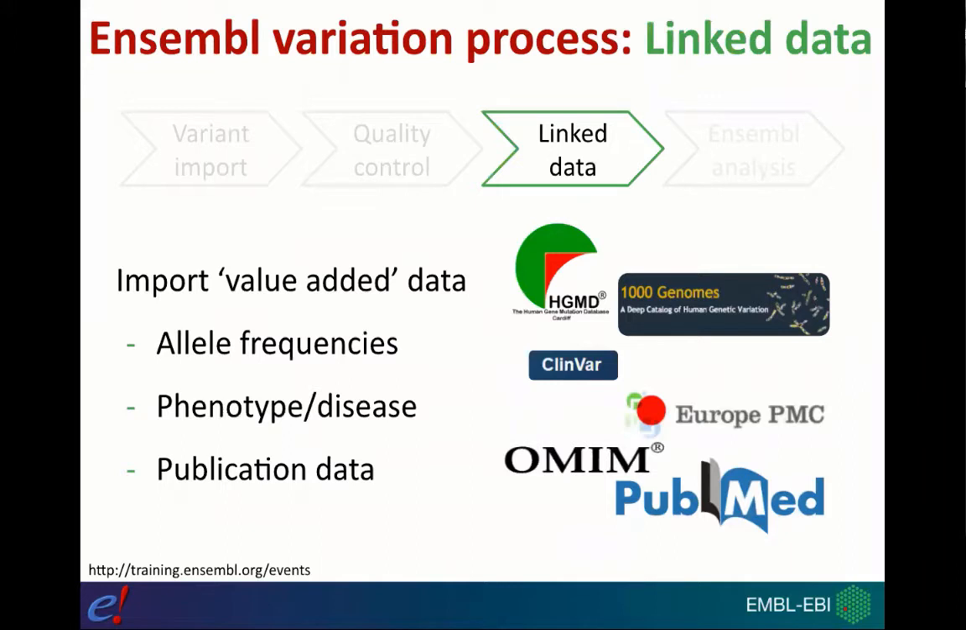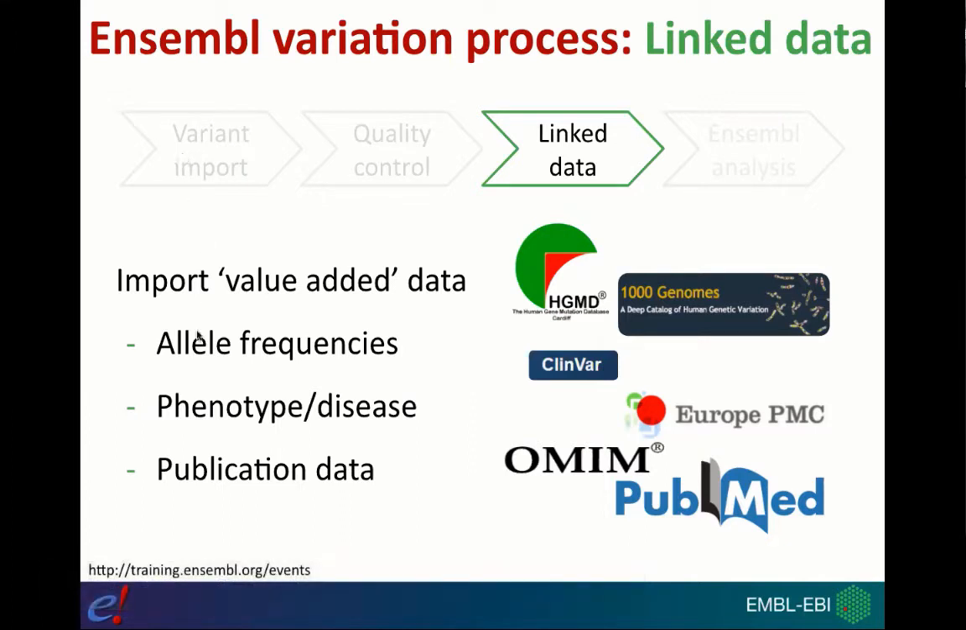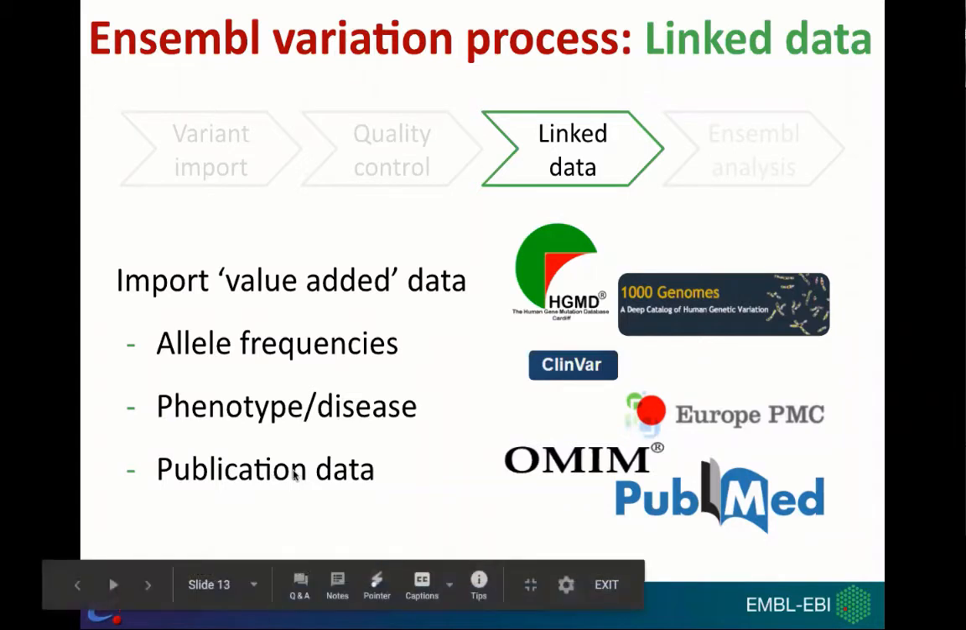The third step is to look for what we call linked or associated data. So for every single variant that we import in step one, we look to a number of different databases to see if there's additional information, such as allele frequency information, so how frequently the different alleles of a variant are observed in different populations around the world, phenotype and disease associations, and even things like publication data as well. So these are the three main